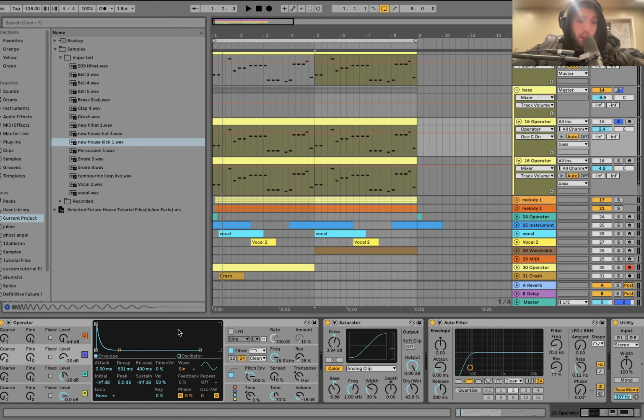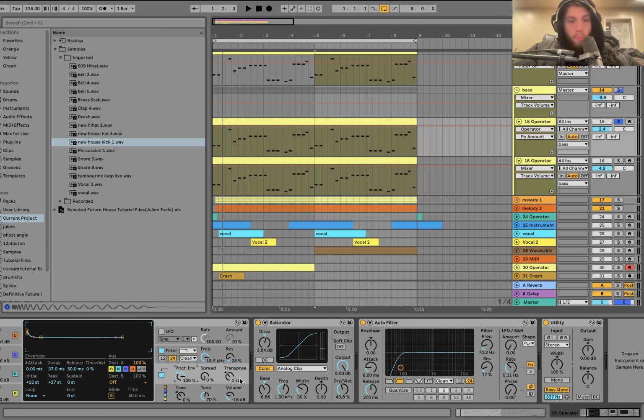And also why Operator's so good for it, because it just has the envelopes routed like that, to where you can just set that up so quickly, right? We've got a pitch envelope, a little bit of saturation. Here's without it. With it, you can see it's being blended though, so it's not that much. We're high passing this, and then we're converting the bass to mono. And then on this one,